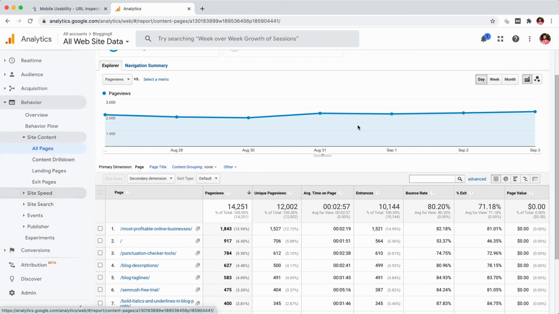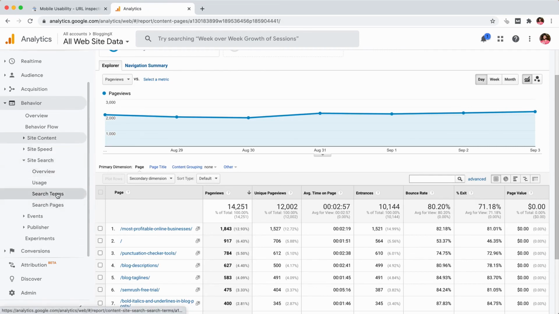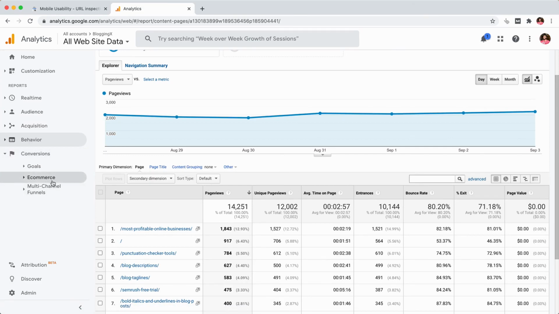I will be coming back to this page in analyzing many things, but for now let me explore more features. You can measure your site speed, that is how long these pages are taking to load in the user's browsers, so that you can see whether there are any pages that are slow when it comes to load speed. Then you can adopt the suggestions that Google makes. And also site search, what people are searching on your site using the site's search engine. And you have the conversions report in case you are into e-commerce or funneling. So conversions, if you are doing blogging, then this will not be of use for you.